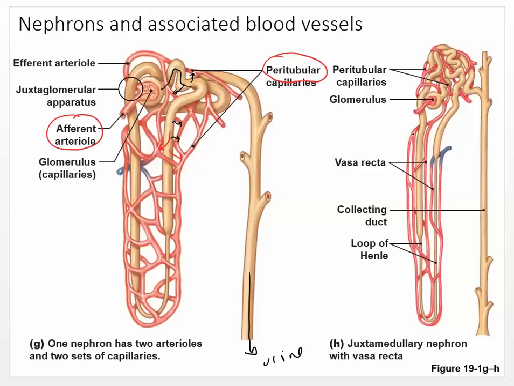Now, there's another thing that we're going to talk about in the next section that's going to involve other types of capillaries that sit around the nephrons. They're primarily in the juxtamedullary nephrons, the ones that are really long that go all the way down in the medulla. We have these things called vasa recta, and those help play a role in getting very, very concentrated urine